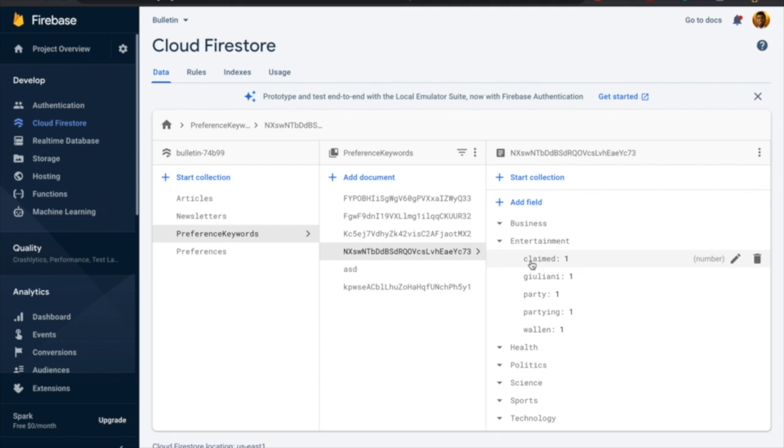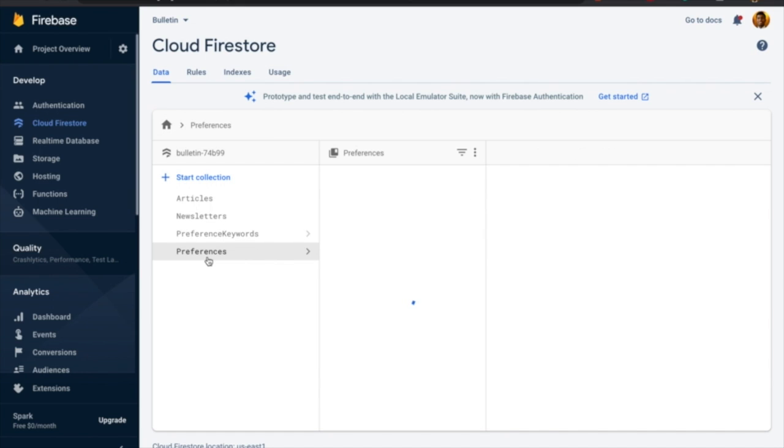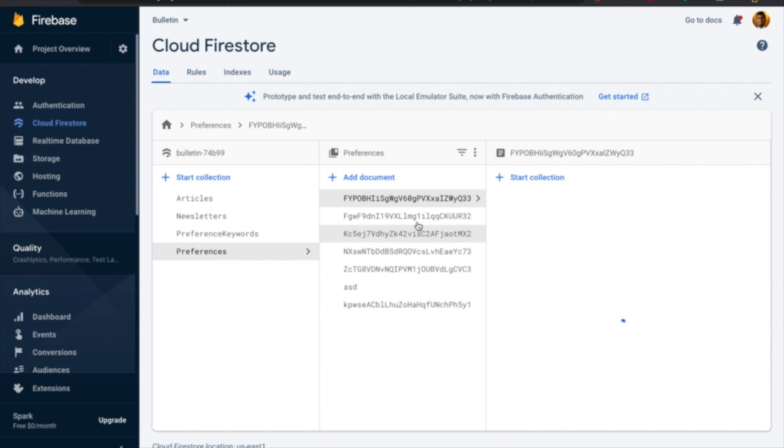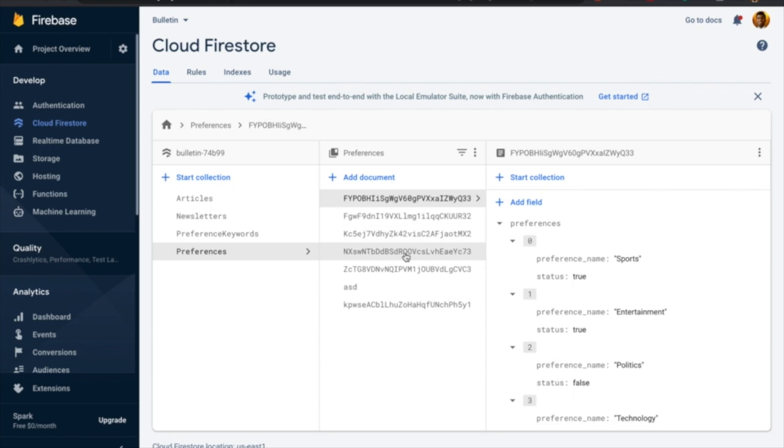So now we're going to be more likely to give this user another article about Rudy Giuliani, and so maybe that's not the best, but it is the way our logic works. So if you end up liking an article about Rudy Giuliani, you will get more. It works similarly for all the other topics as well. And then here at the bottom, we have our preferences collection. This just very simply tracks what each user's preferences are.